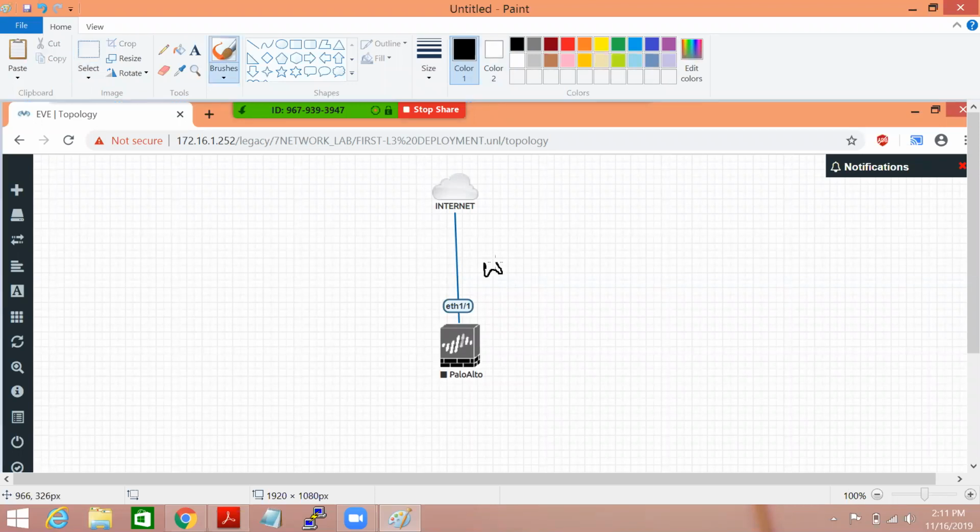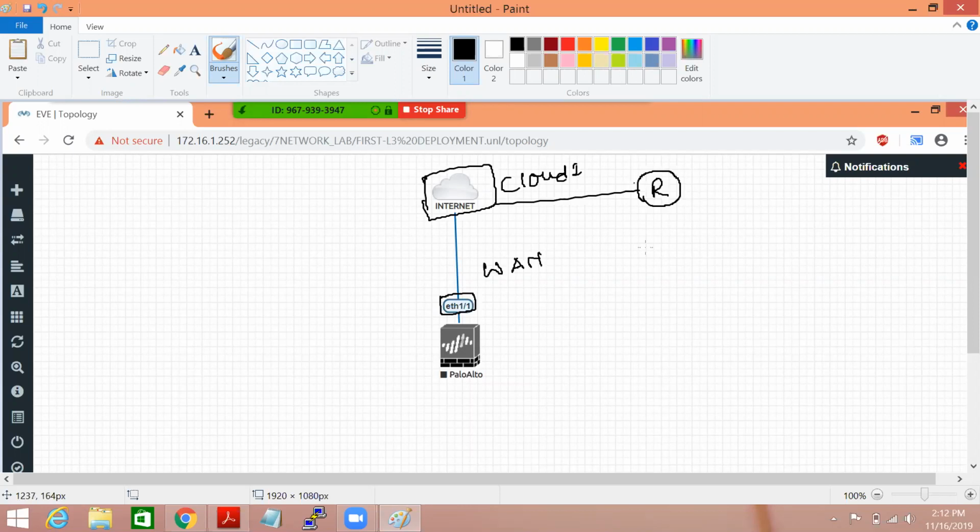So this is my, let's say, WAN interface, and I have connected this interface, and this is my internet or cloud one. This is actually my server port which is connecting to a physical router, and the physical router has 192.168.101.1 IP address or interface.